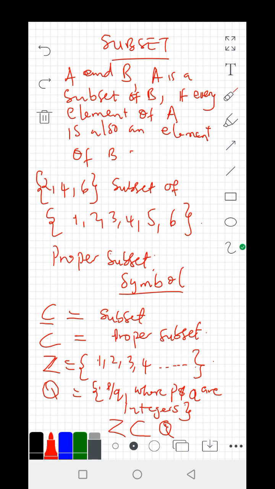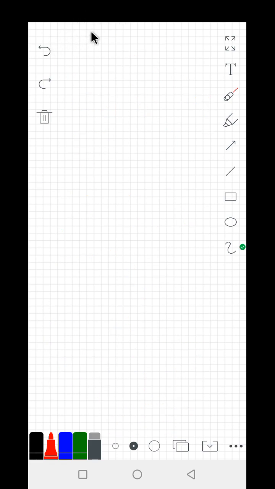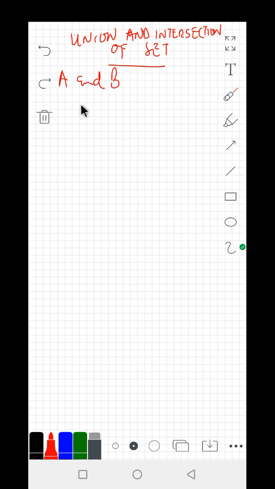And we also take a look at union and intersection of sets. If A and B are two sets,